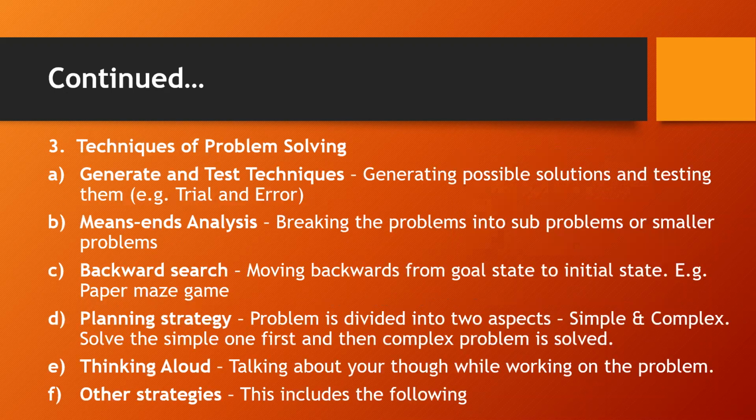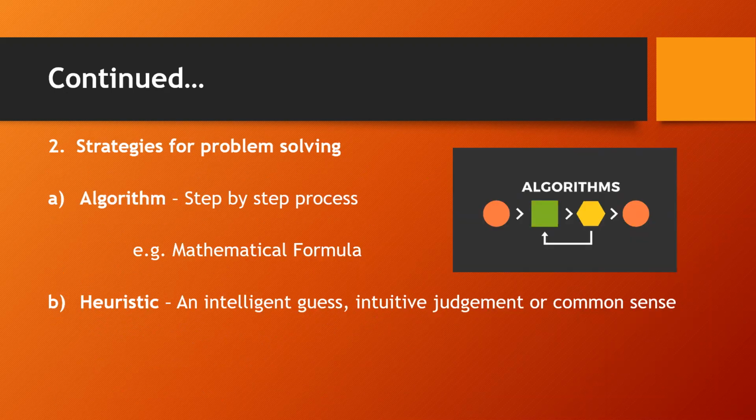A heuristic is a general rule that is usually correct, an intelligent guess, an intuitive judgment. Sometimes you have this intuitive feeling that this might be right. Suppose there is a bandh or something and you want to go and submit the assignment. You can drive your vehicle and go, and you have a kind of intuition that you will find the watchman, so you can hand it over. If you have a strong intuition, you may actually find him, but it is by chance. It may or may not happen. You may find him or you may not find him.